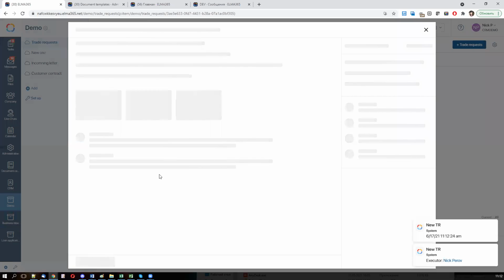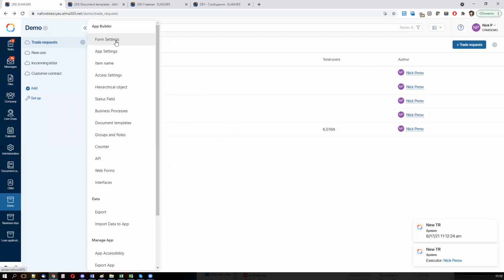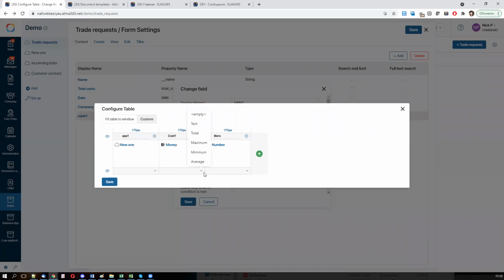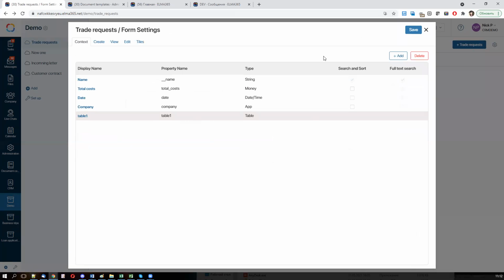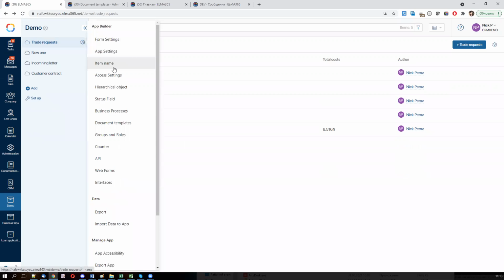We can do different things with these tables. So for example, if you want to check a total sum of this, we can do it without coding. I will show you. We go to the form settings and to the table settings, and we can add some kind of a total here. There are different options, like maximum, minimum, averages. These calculations could be done automatically without any coding. But for example, we need to put these items on our generated document. So we need to put them inside the table. And here we need to put this information into the context variables, so we can put them into our generated